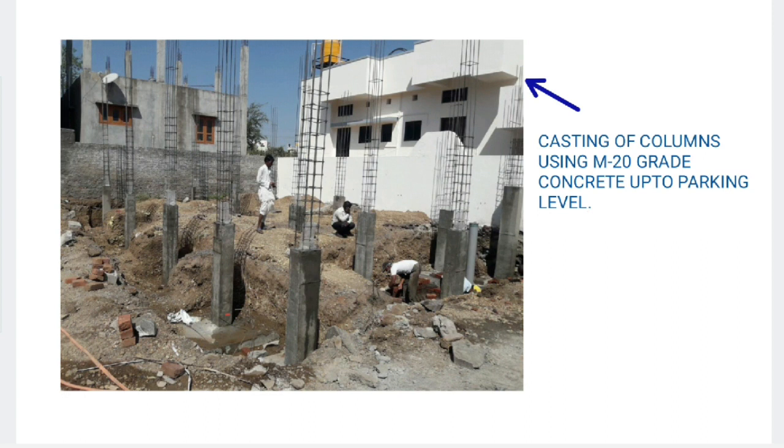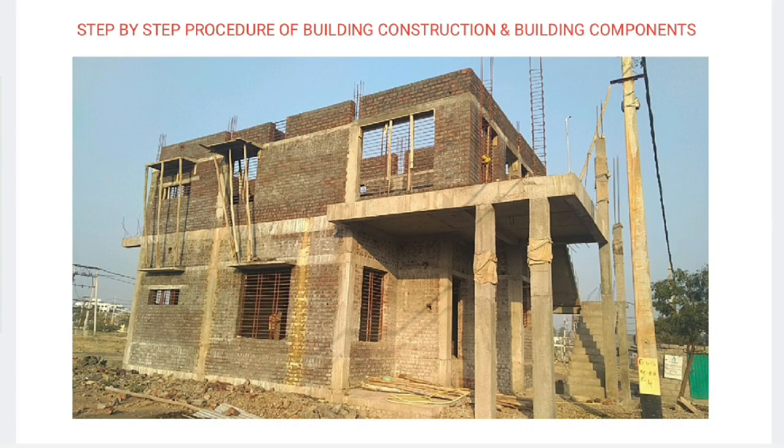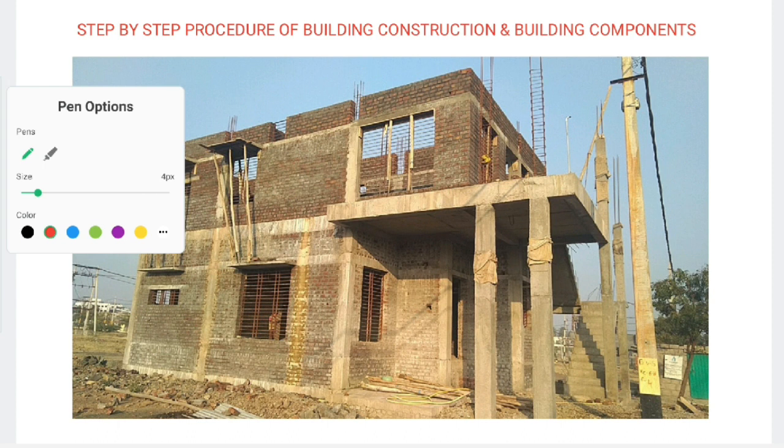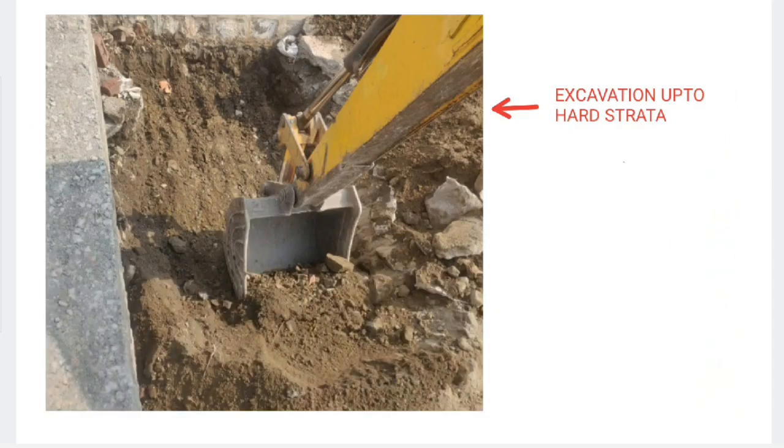If beams are not obstructing anywhere, you can match the bottom of the beam to the top of the plinth level. Here I'll show you the figure of levels. Here you can see this is our parking level, and we have laid the beam at the level of parking. Above that we have constructed a stone masonry as a plinth, and above this we have used a damp proof concrete, DPC. Here you can see the DPC. In this way we will be providing the levels.